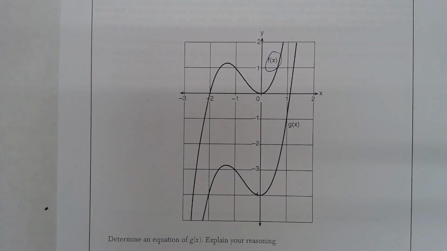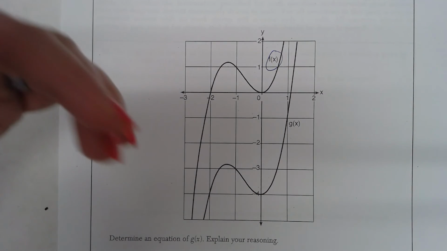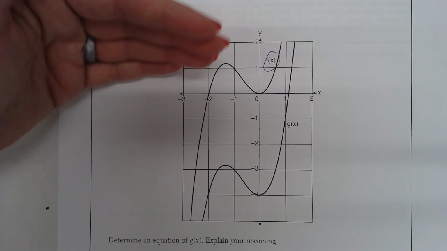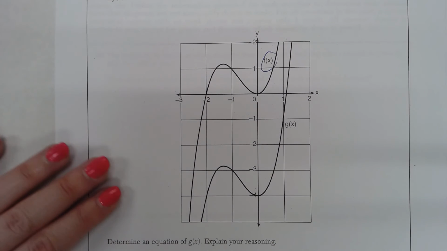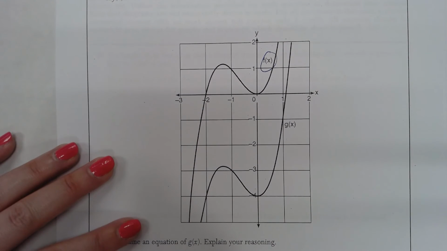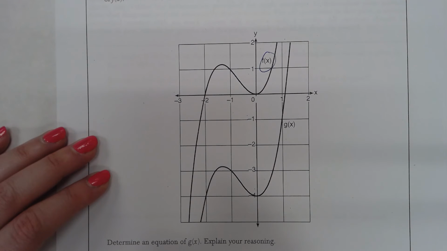I'm actually going to explain it first and see if that helps us write the equation. So if I look at f and I look at g, what happened? What happened to f that turned it into g? Well, I would say g of x is the same graph as f of x, but